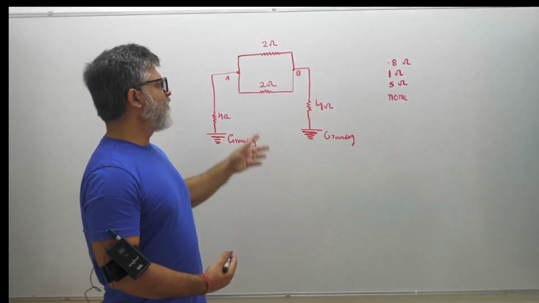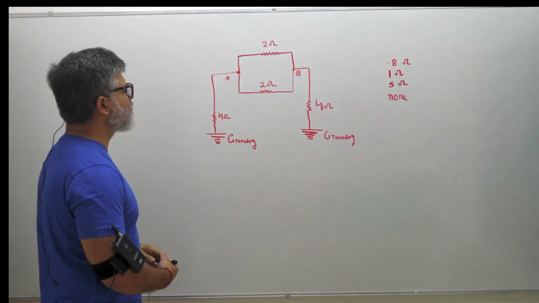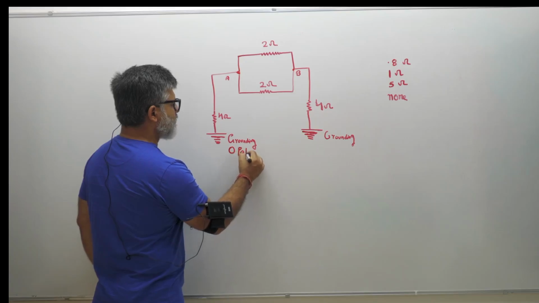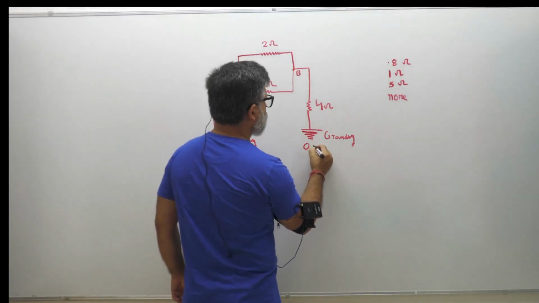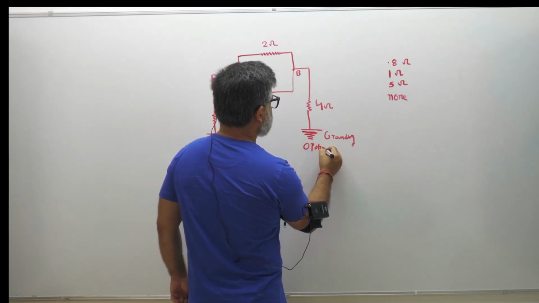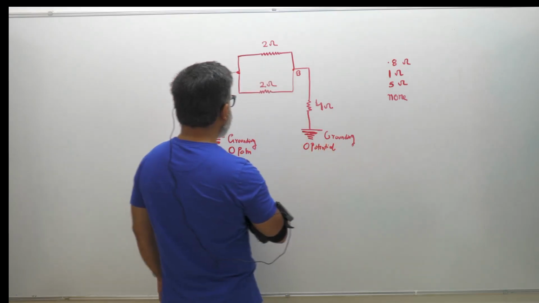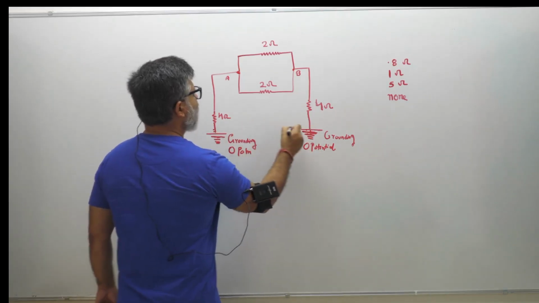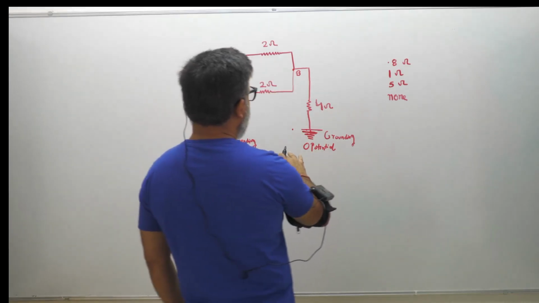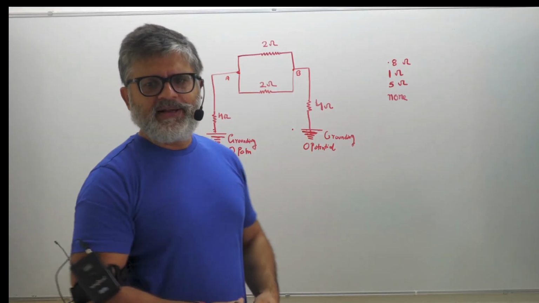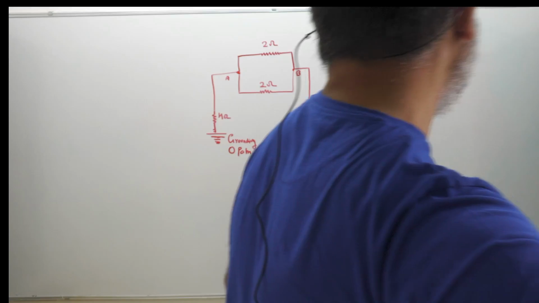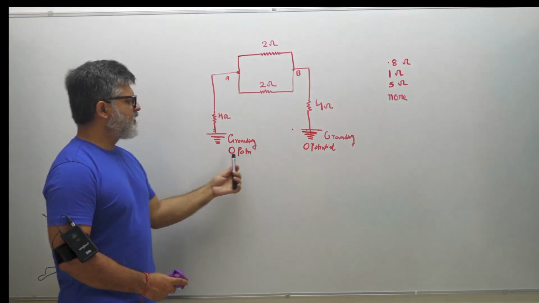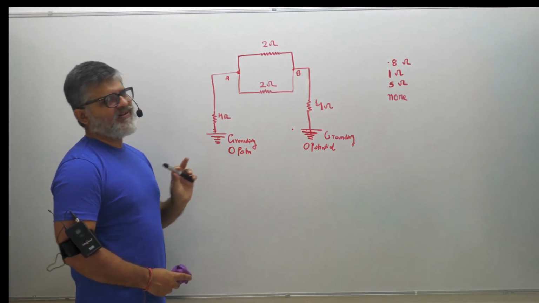So, if you have to find equivalent resistance of these two, actually ground means zero potential. Okay, zero potential. So zero potential, and this is also zero potential, right? Which means these two are at the same potential. If I have to redraw this circuit, I can redraw this circuit in a certain manner. Let me just redraw the circuit so that you can see. Have a good look at the circuit. This is 0 volt. This is 0 volt. And I will redraw the circuit now.